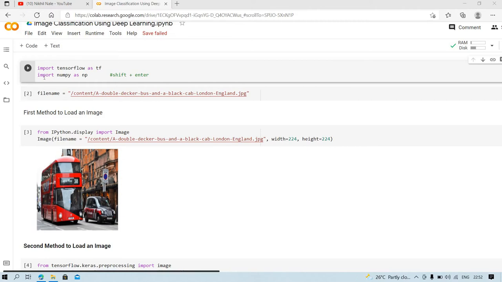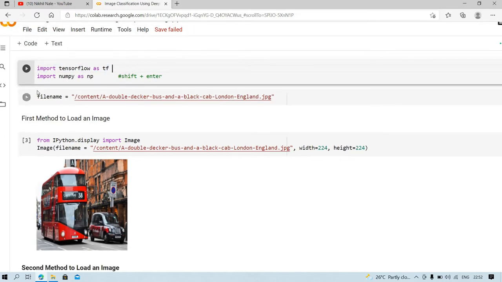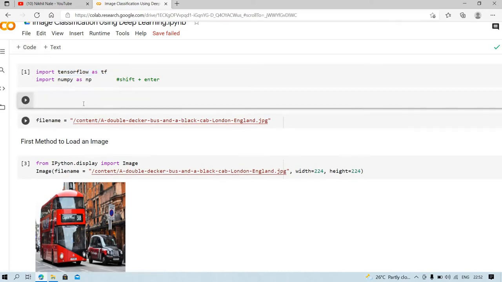So for that, first I will import TensorFlow as tf. If you are executing this for the first time, you will have to install TensorFlow first.